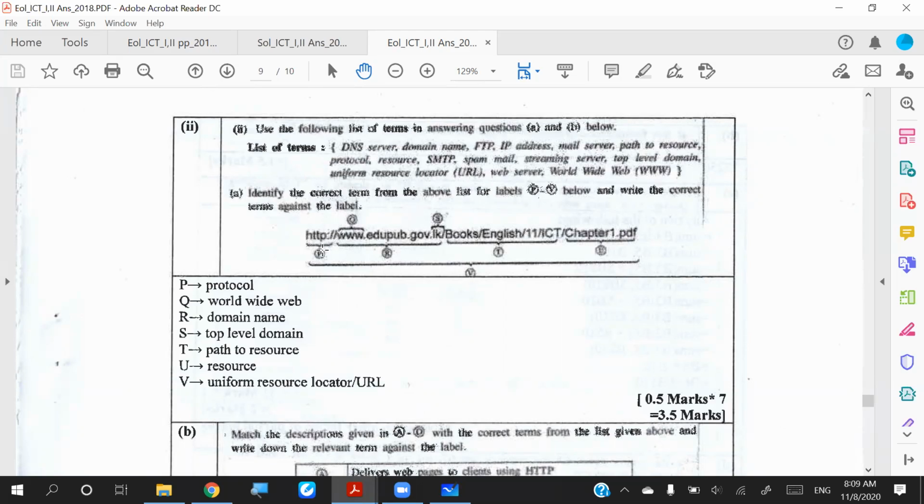And the R is the domain name, right? The entire thing, www.edupub.gov.lk is the domain name. And the very end part of that domain name is called the top level domain, which is the .lk part, which is indicated by label S. And gov also a domain, but it is not a top level domain, right? So we can take it as a domain,